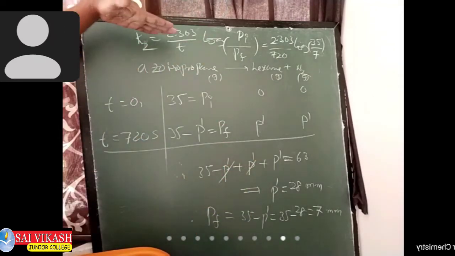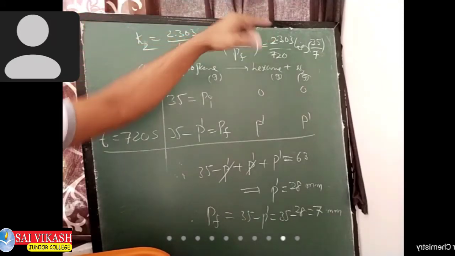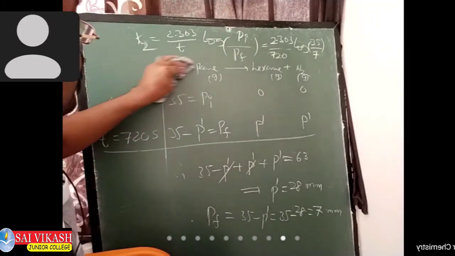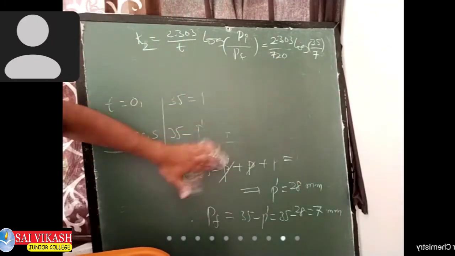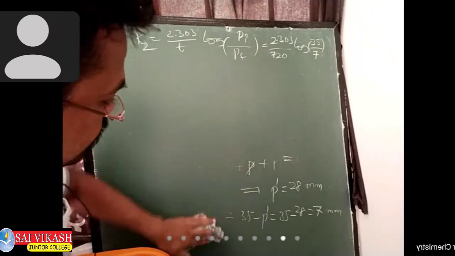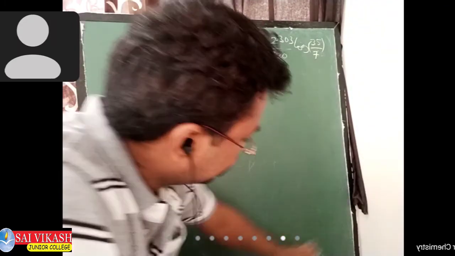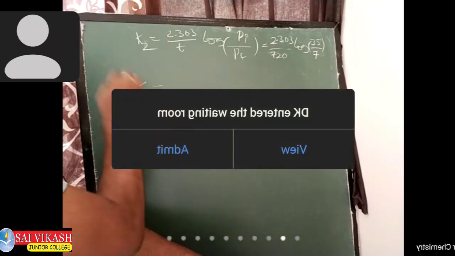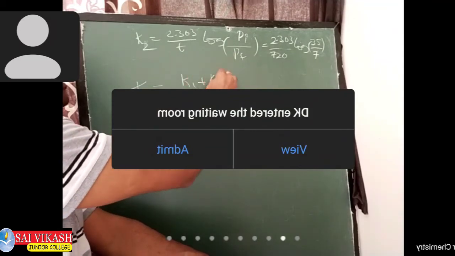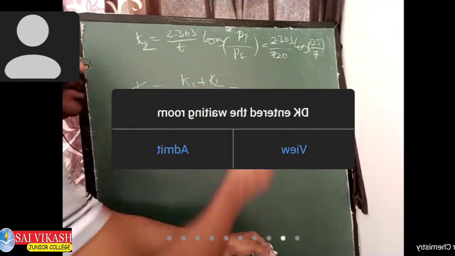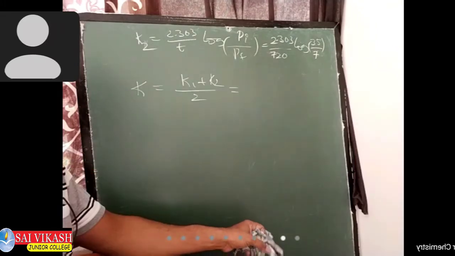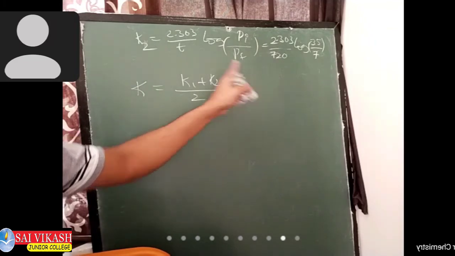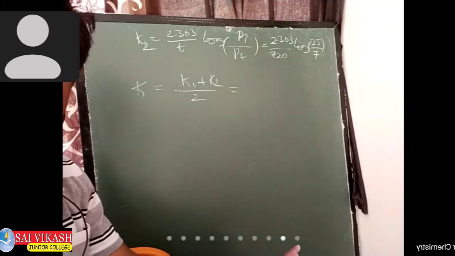Okay, so you will get K1, you will get K2. Now what they are asking is to calculate the rate constant. K1 and K2 we are getting, and they are asking for the overall rate constant, meaning the average of both the rate constants. Therefore the rate constant K is (K1 plus K2) by 2. You do it. Overall integrated rate constant you will get. So that's it, this is the final rate constant, the average of both. Will you do all this in the calculation part?